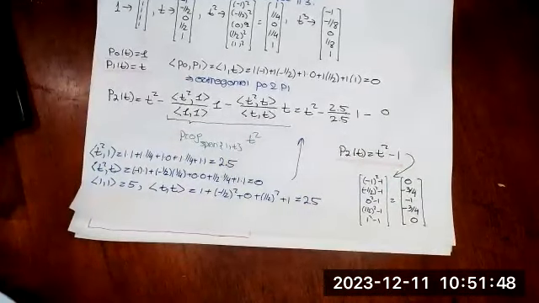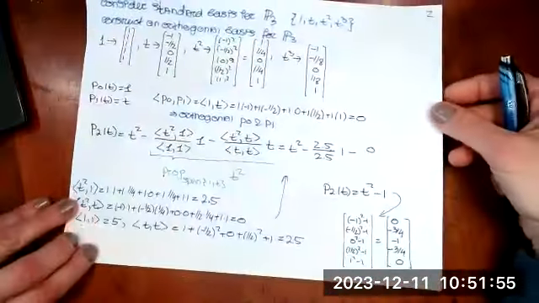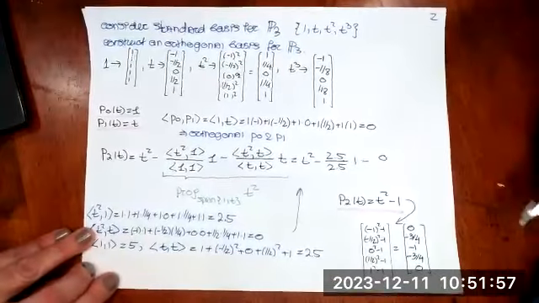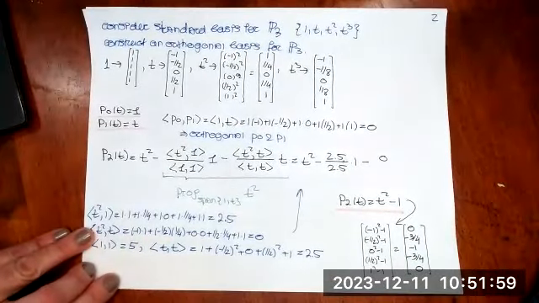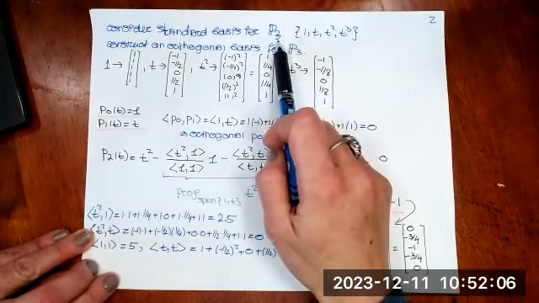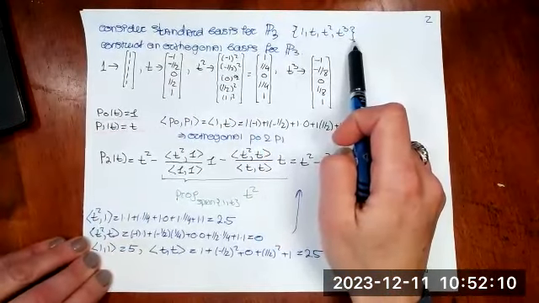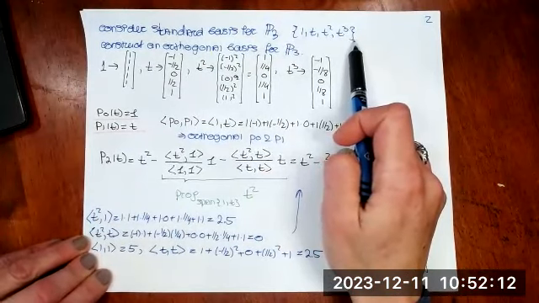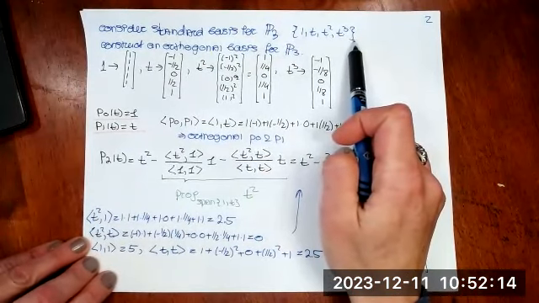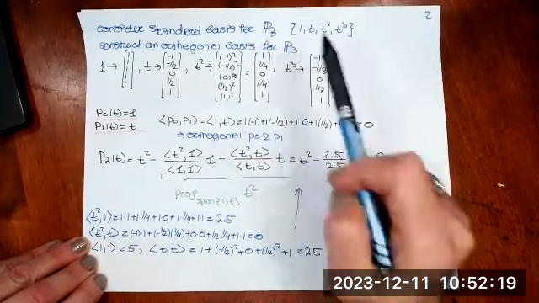All right, so it's an example of the types of problems you may see on the test or on the quiz. All right, so that's the last thing we'll do today. Suppose I have the standard basis for P3, polynomials of degree at most 3. So my standard basis would just be my different powers of t. Now, starting from this basis for P3, I want to construct an orthogonal basis for P3,